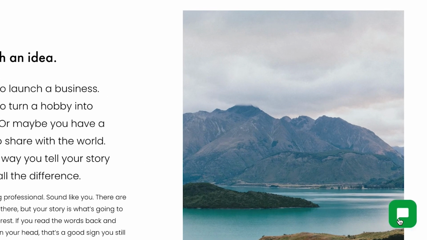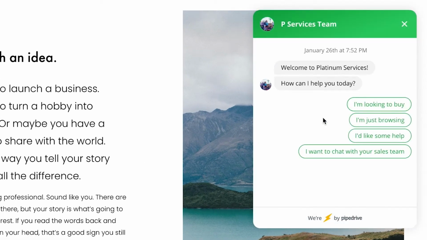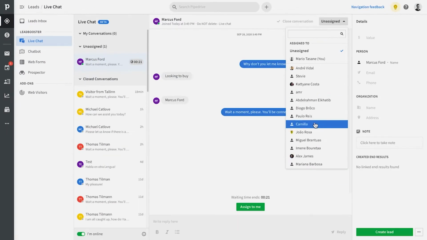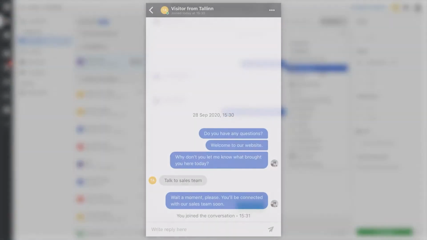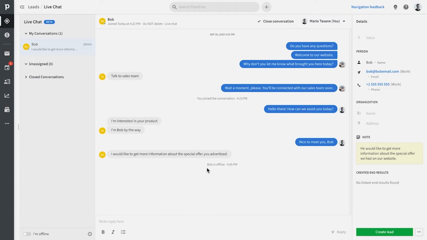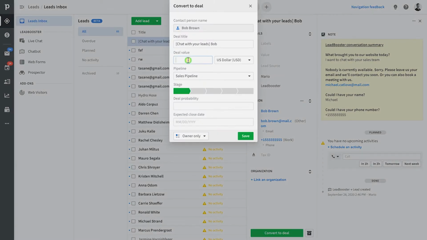Now, what about the live chat function we were talking about? Pipedrive will notify you the moment a visitor would like to chat on your desktop or mobile device. So no matter where you are, you can respond right away and manage your conversations between any of your devices. Then you'll be able to further qualify these people and take notes and potentially convert them to leads or deals